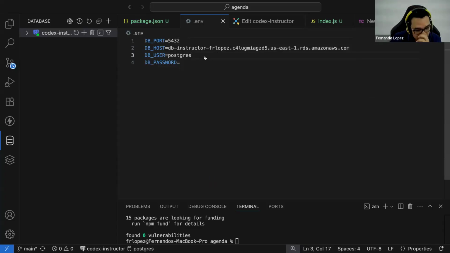Now the password, I will stop presenting, and this is going to be the last time that I will show you my .env file. Let me start presenting right now because I will put the password. You need to be very jealous with this information, guys.